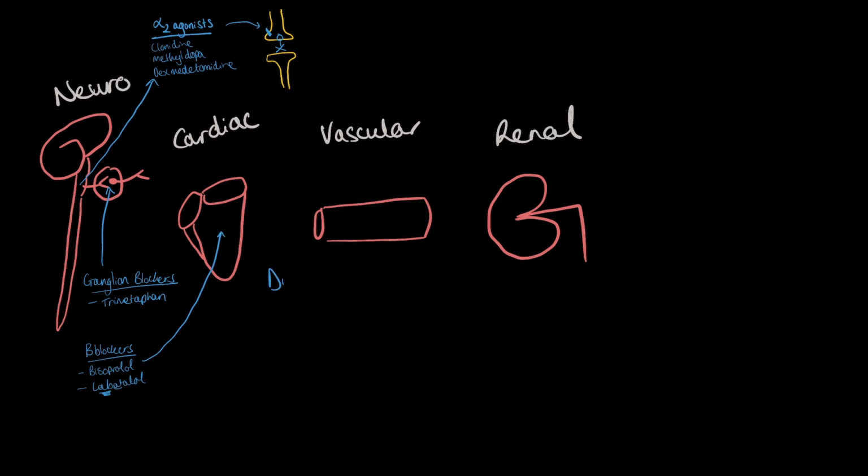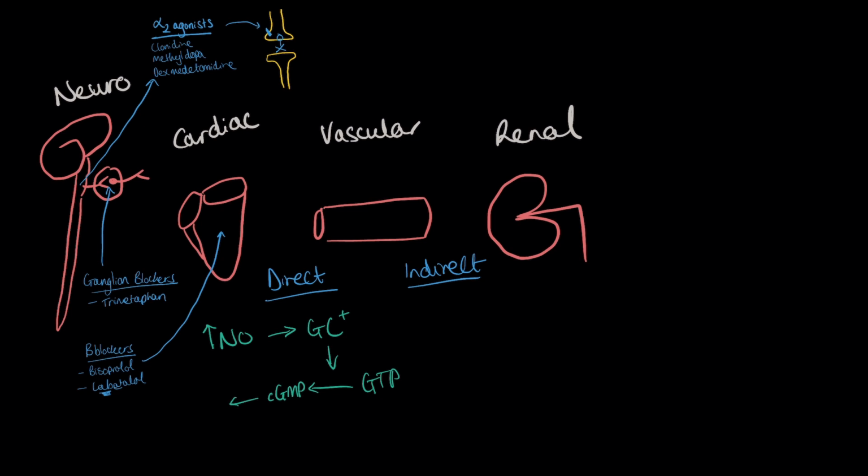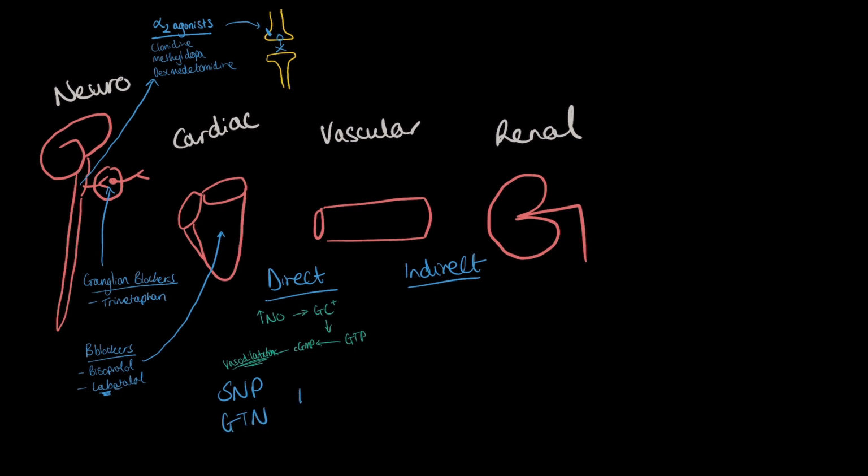Drugs that act on the vasculature include directly acting and indirectly acting vasodilators. Directly acting vasodilators produce nitric oxide, which activates guanylate cyclase. Guanylate cyclase then converts GTP to cyclic GMP, which then leads to vasodilatation. Examples from this group of drugs include sodium nitroprusside, GTN or glyceryl trinitrate, and isosorbide mononitrate. Sodium nitroprusside produces vasodilatation of both the arterial and the venous vessels, whereas GTN and isosorbide mononitrate produce vasodilatation of